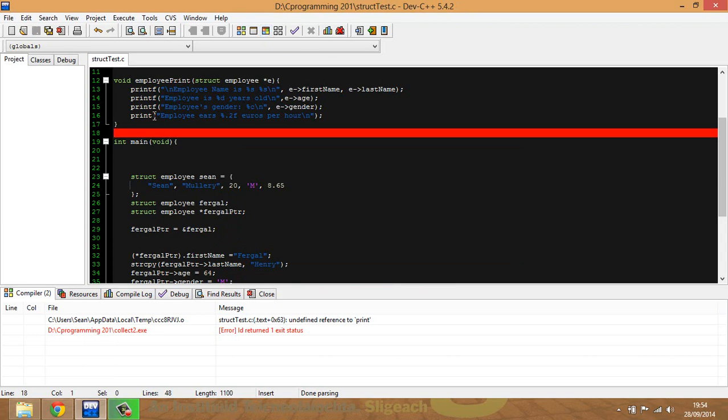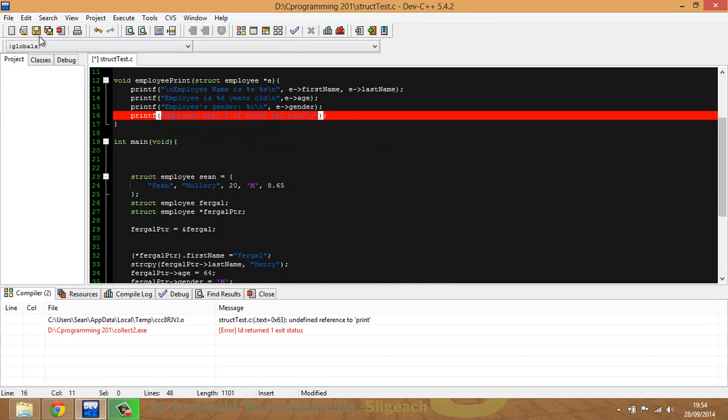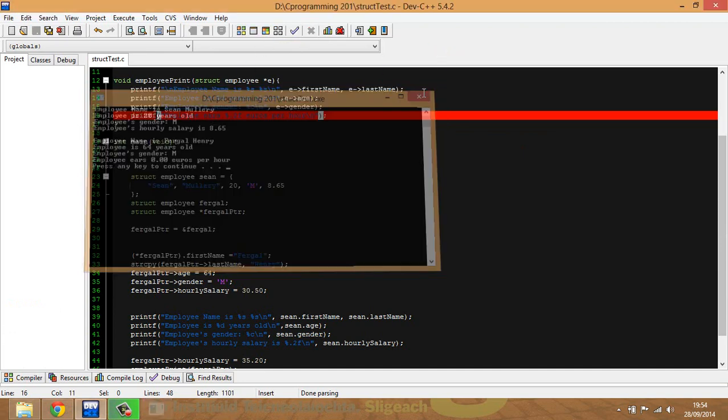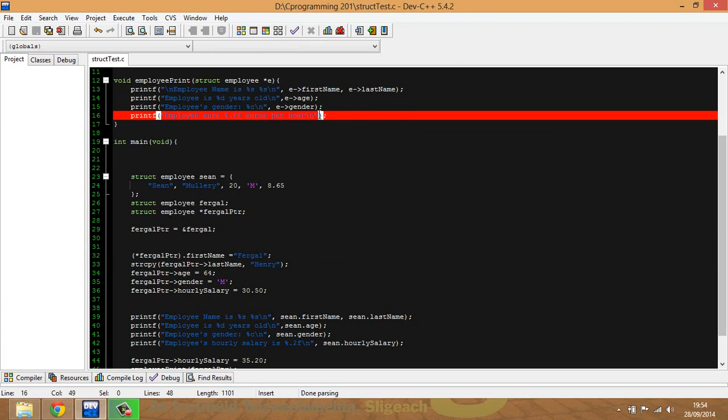Oh, sorry, printf. Just make sure that that's all coming up there, and it is indeed. It's not earns, because I've forgotten to actually put in the detail at the end here. So comma,